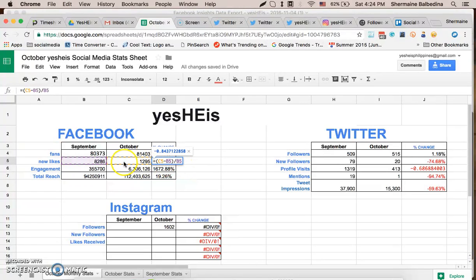So that is present minus past divided by past. So negative. So this November, our goal is to at least increase or not have a negative result.